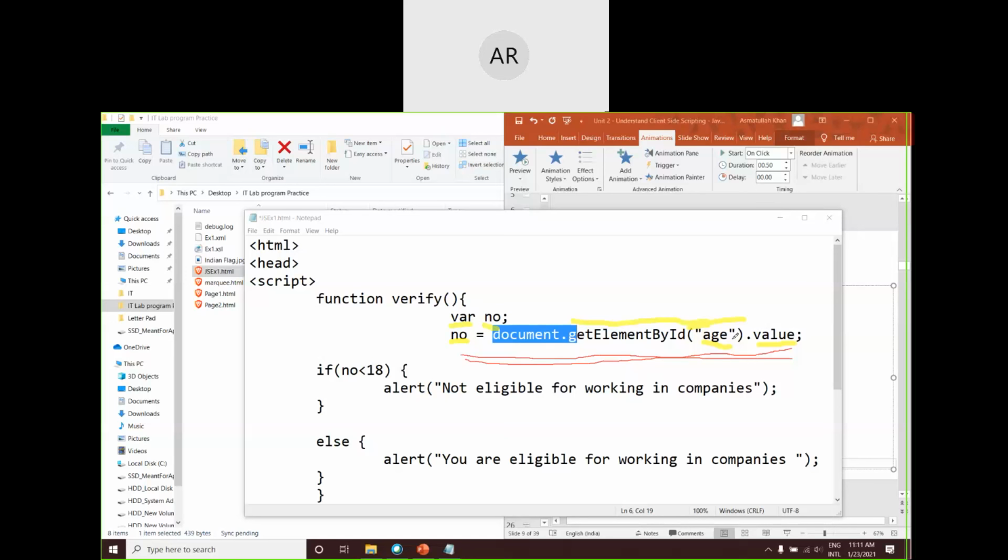Sir, is there any limit for the number of characters in that variable, sir? No, this var will also take any given string as input as its value also.